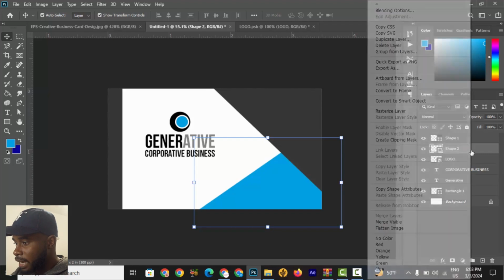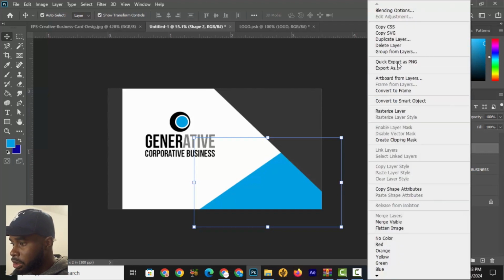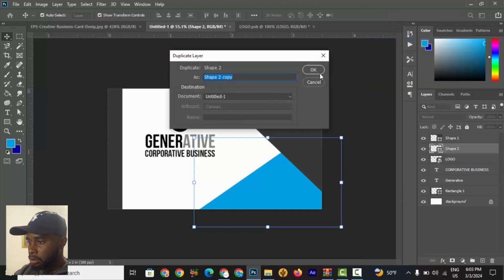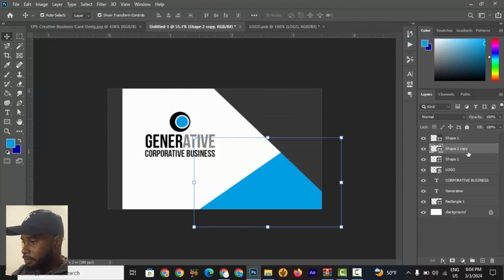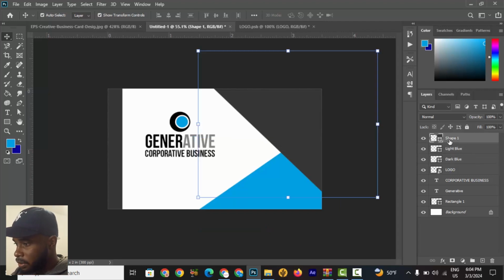So I'm going to right click the layer, duplicate, right, and then I'm going to call this layer, by double clicking it, light blue, and then this one I'm going to call dark blue, just so that we can easily identify it, right? And while we're at it, we're going to call this dark gray,